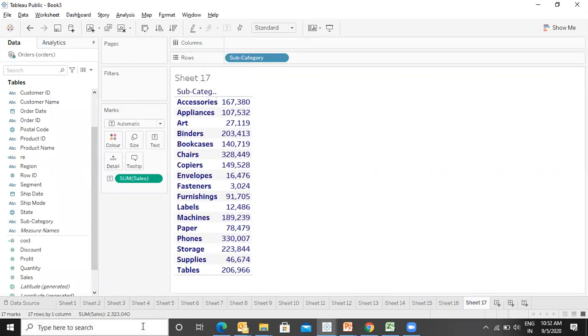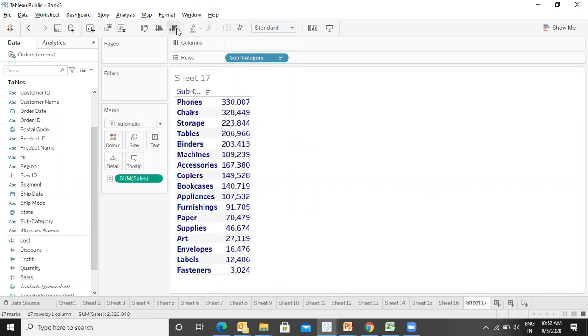Here it is. So I want to format it. For formatting, we have to create a calculated field. And remember one thing, if you want to format, the first thing you have to do is to sort. It is a workaround which we are using for doing the conditional formatting.